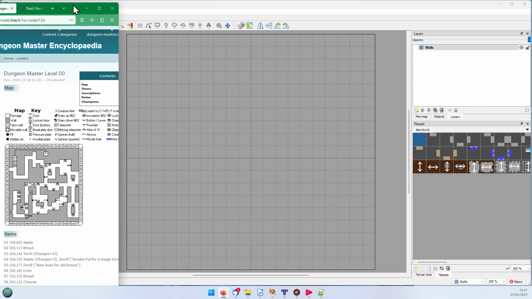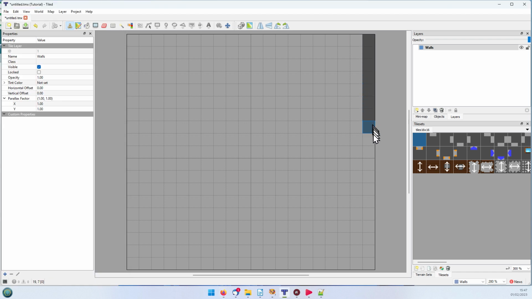There we go. Right, so first thing to do is to draw the outline all round the outside. So we're on the walls, the little eye here is open. We've selected the first one here, and it's just a simple matter of you can either draw with it, though you tend to fly off depending on how accurate your mouse skills are,